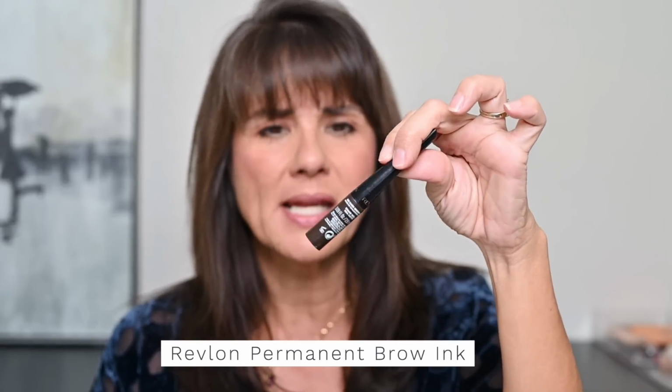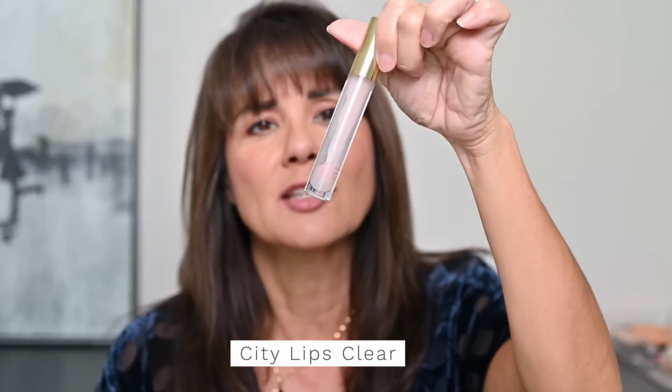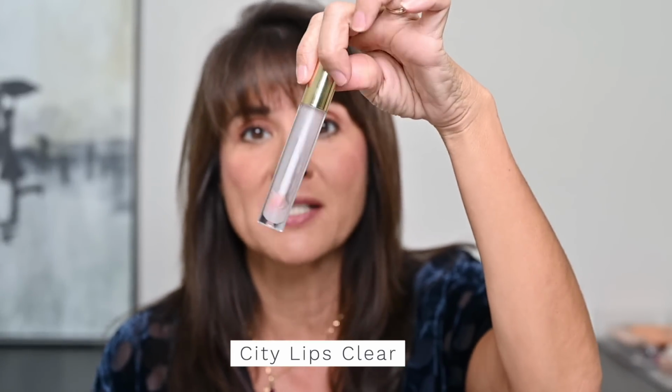I have a brow product. Sometimes I have a brow pencil, but right now I have my permanent brow ink because this is the one I'm using most of the time. And then I have a clear gloss. So no matter what I put on my lips, whatever lipstick, if I need to just put a touch of gloss, I have this clear gloss. It doesn't look clear because I put it over lipstick so much, but that's what I have,